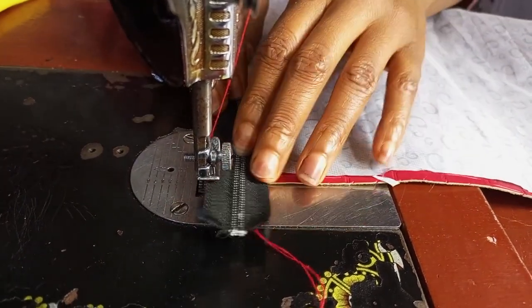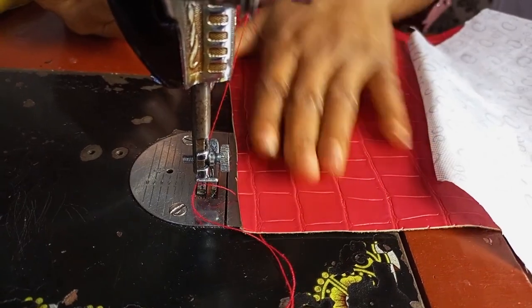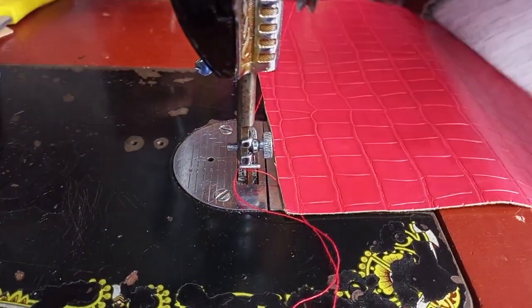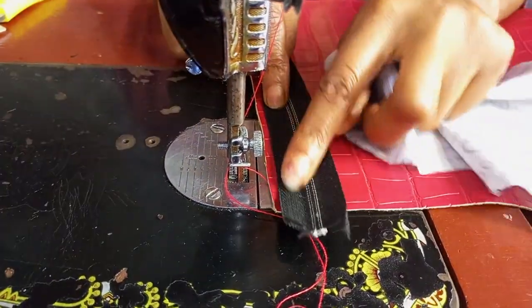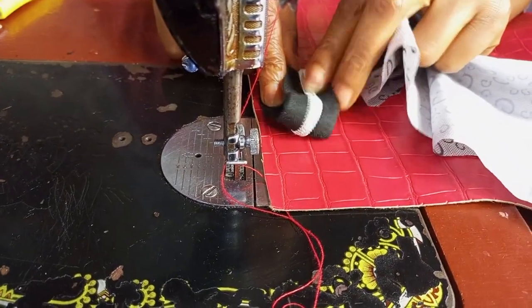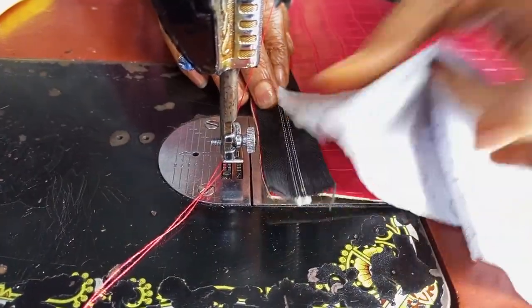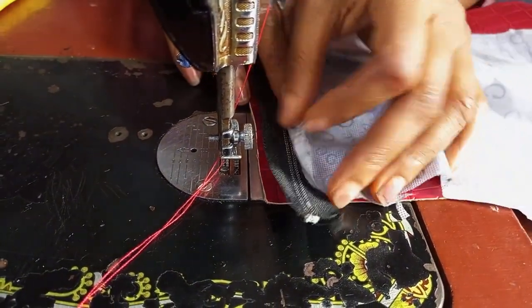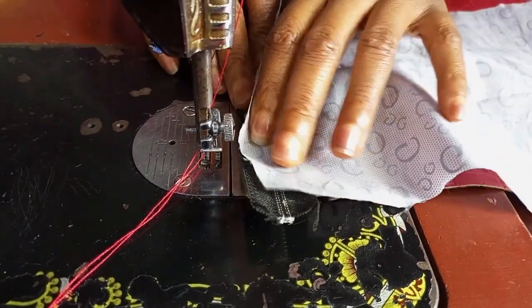All right, so let's get into the video. So this is the right side of the material. Okay, and then this is my zip cloth. This is the wrong side of my zip cloth, the right side is facing down. So I'll leave some excess, and then this is my lining. This is the right side, and then this is the wrong side. So the wrong side is facing